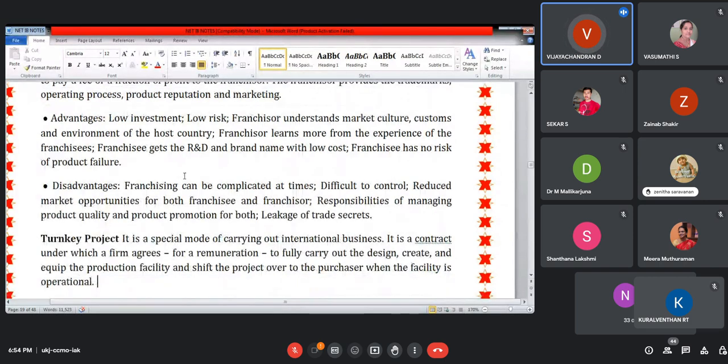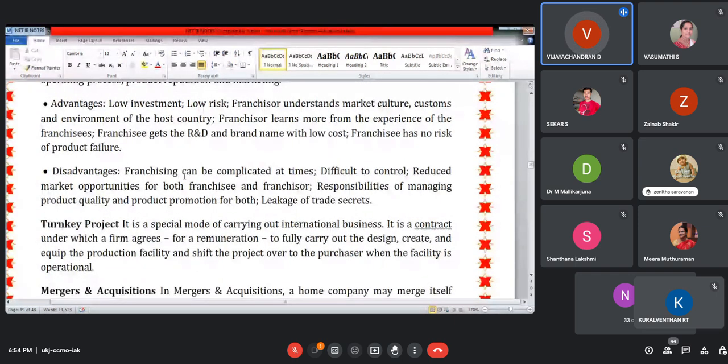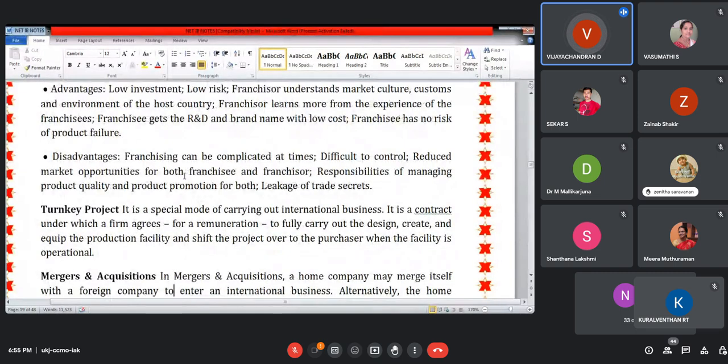Another one is, as you know, the turnkey project. So what is this turnkey project? See, one company will do the product only. Another company will do the labeling. They will put the seal, or they will brand the product. So one company will do everything in the product. But the other company will not intervene in the production, they will not do anything in the manufacturing of the product. They will do only the labeling of the product. That is known as a turnkey project.